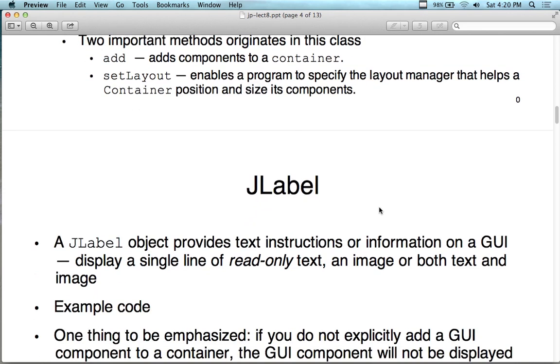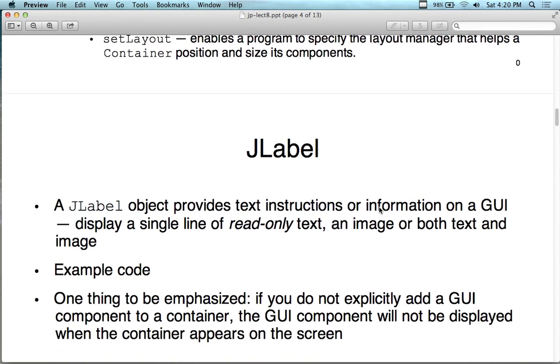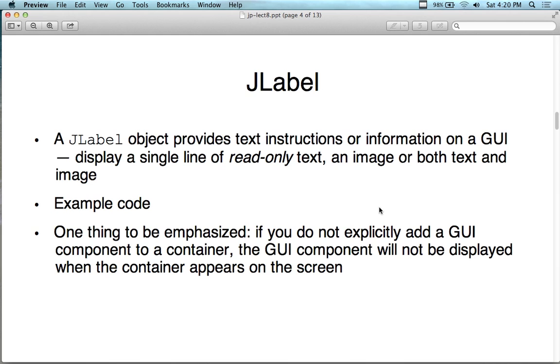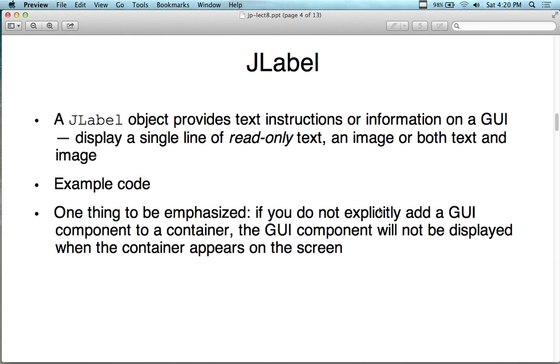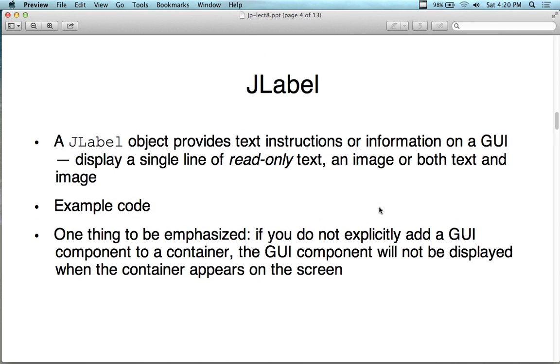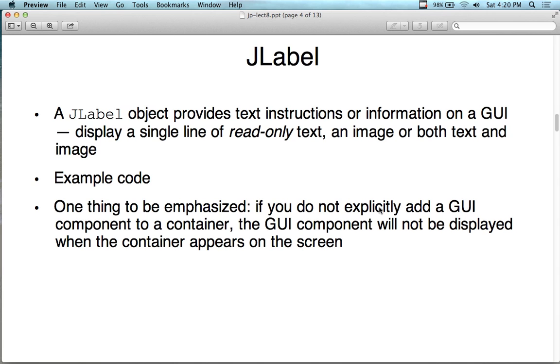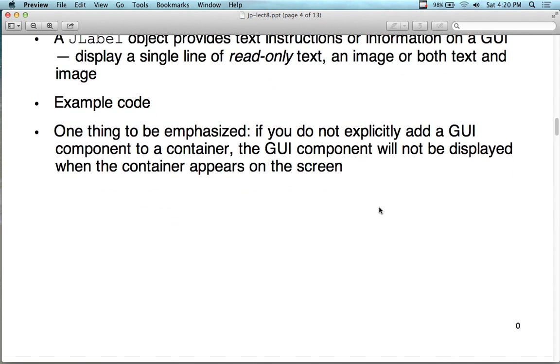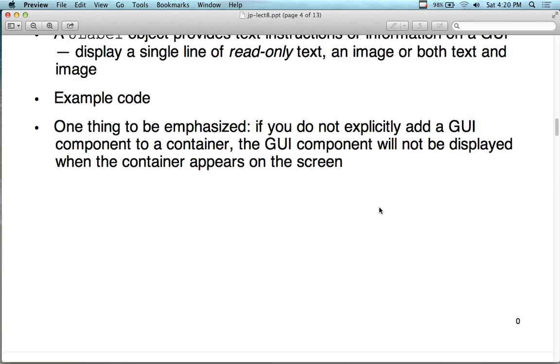So the layout is going to be how things are aligned on the screen, how things look. Let's talk about a JLabel or a UI label, depending on what library we're on. JLabel actually means the same thing. The object provides text instructions or information, and displays a single line of read-only text, an image, or both. Example code: when you say example code, just hold off, because I'm going to show you it all put together